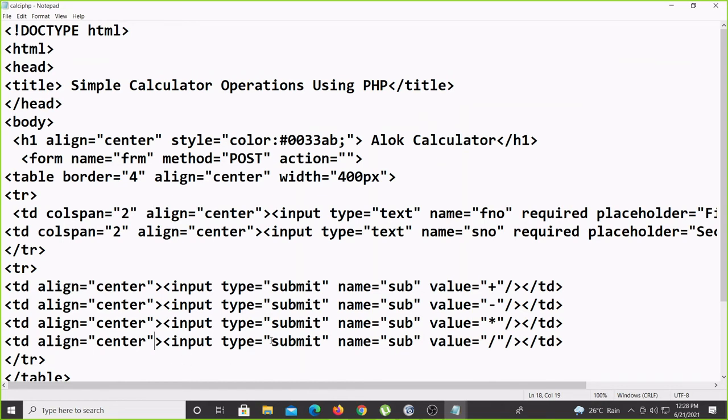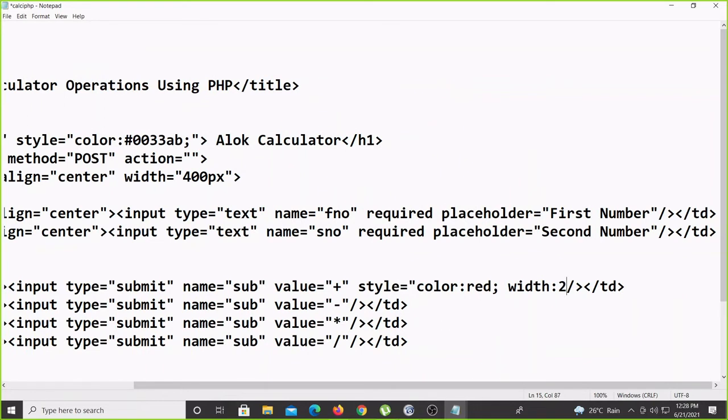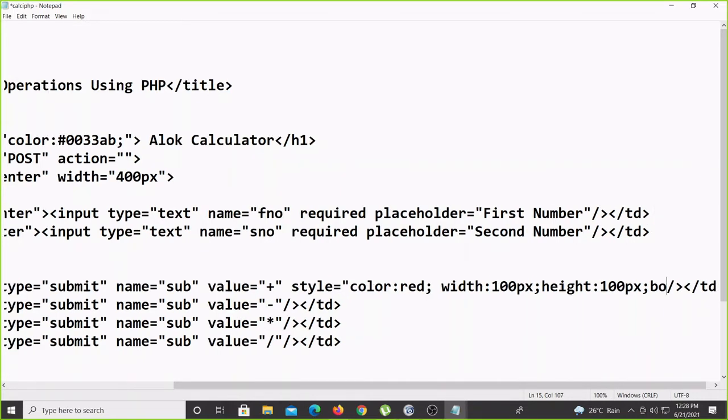So increasing the first tuple will increase the size here, the submit button size only. The style we can put the same kind of style. So here color colon, I can go for the red color, and width we can increase here 100 px, and height also we can make 100 px, then it looks like a square only. And a little border radius also I will give,